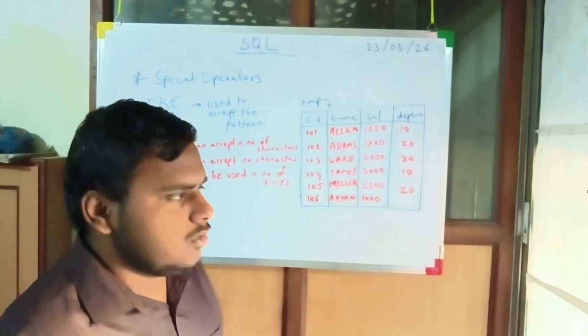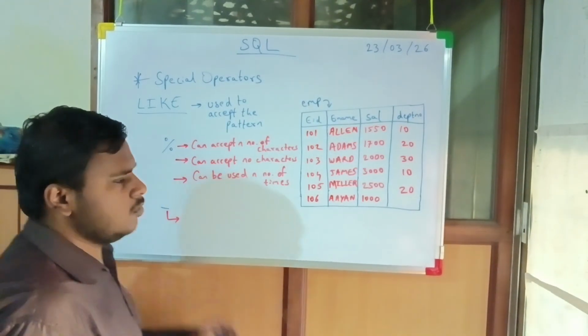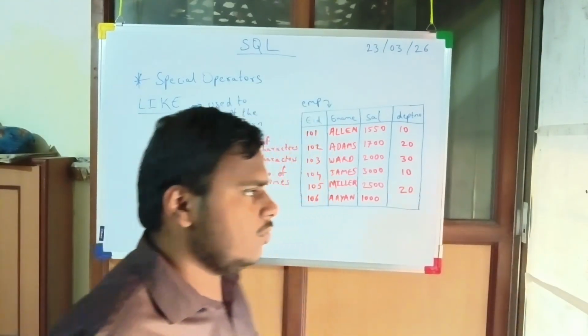Then only we will be able to use it. I will explain to you. Okay. So what is the only rule for underscore? No worries. Hash